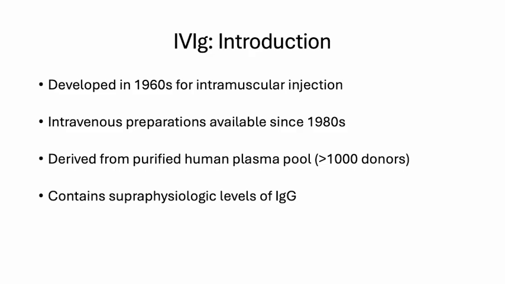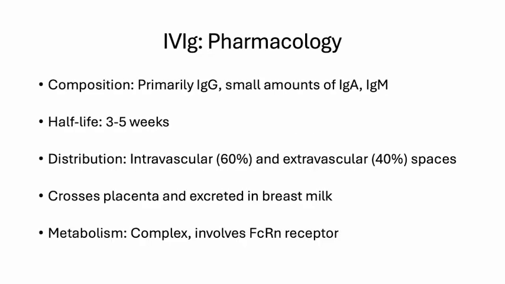of IgG. Moving on to the pharmacology of IVIg, it's primarily composed of IgG with small amounts of other immunoglobulins like IgA and IgM. It has a half-life of 3 to 5 weeks and distributes itself throughout the intravascular and extravascular spaces. Importantly, it can cross the placenta and is excreted in breast milk. The metabolism of IVIg is complex and involves the neonatal Fc receptor, which plays a crucial role in extending its